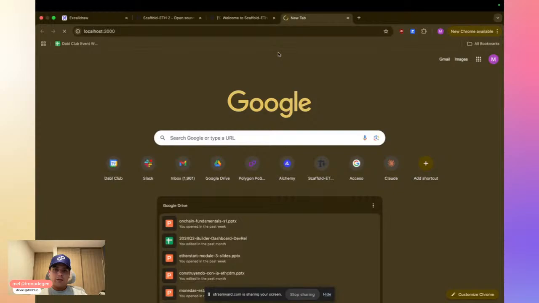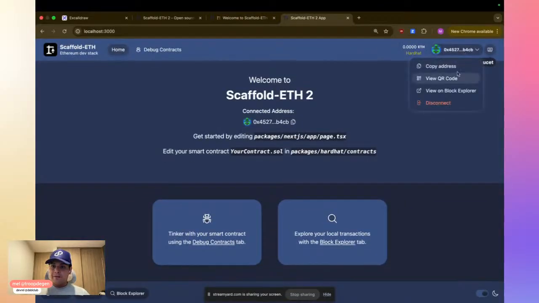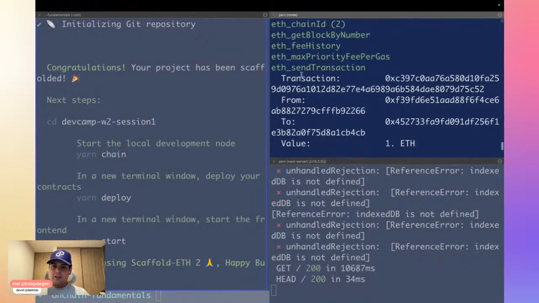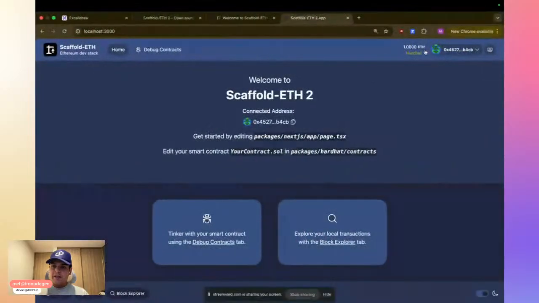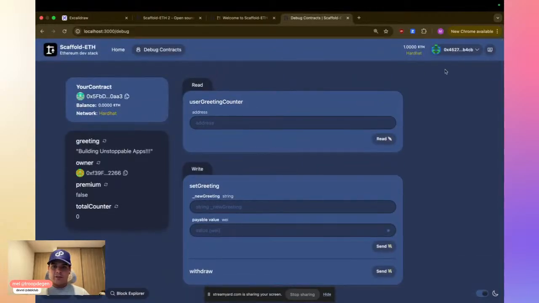And that's how we get our local environment, our local web application, where we even have a burner address. We can get funds from the same blockchain that's running here. I actually just got, you see, send transaction. I got 1 ETH precisely. So we have access to that already. And on our contracts, from what we just deployed, we can interact with this contract. That's the first one that comes with Scaffold-ETH 2.